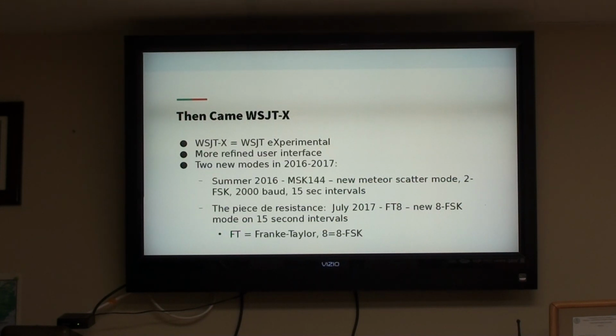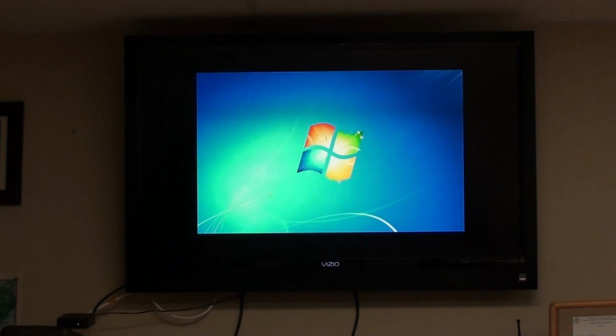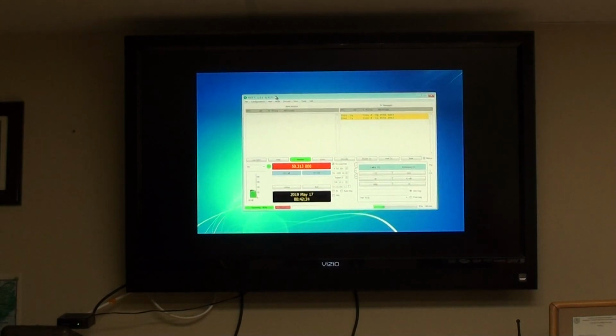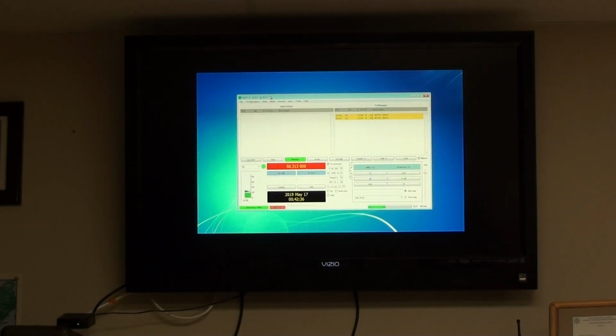So here's what MSK144 sounds like. Now recall what FSK441 sounded like. Here's MSK144. And I have to tell it that we're not doing field day now, so let me do that really quickly. I'll minimize the presentation and pull this over so you can see. Notice this is similar to the software that I showed you a minute ago, but it's a little bit more refined. So now if I hit CQ and enable,